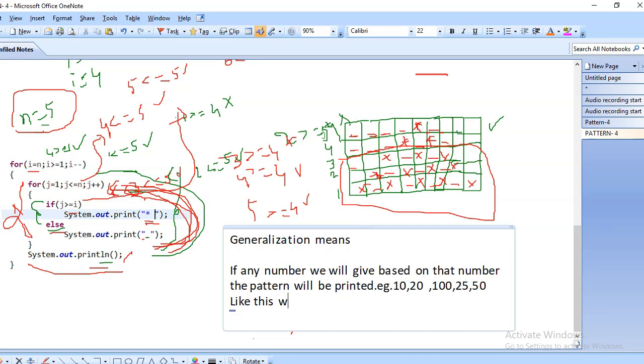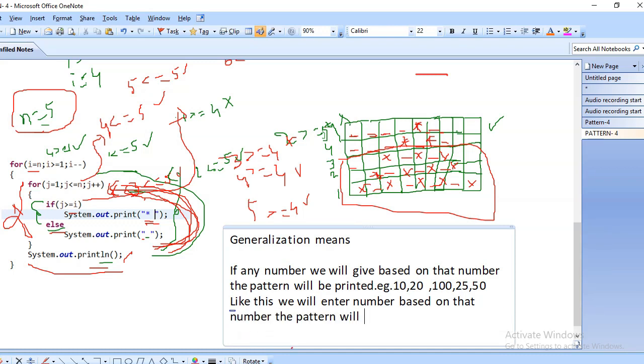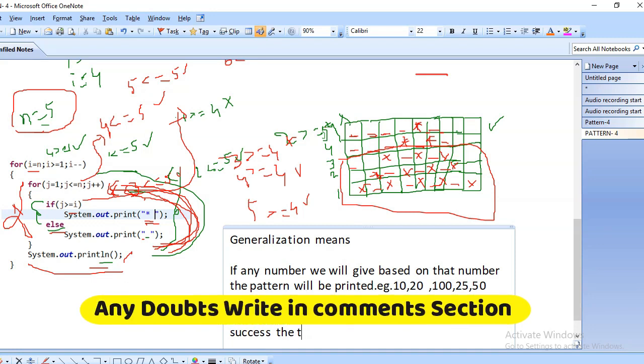We enter any number, and based on that number the pattern will be printed, and finally we pass the test case.